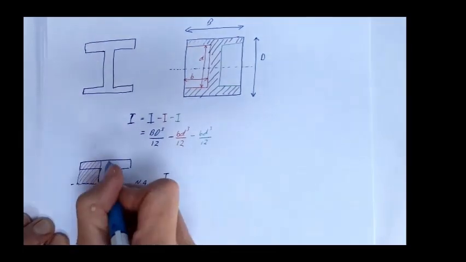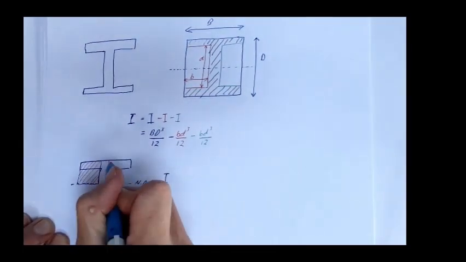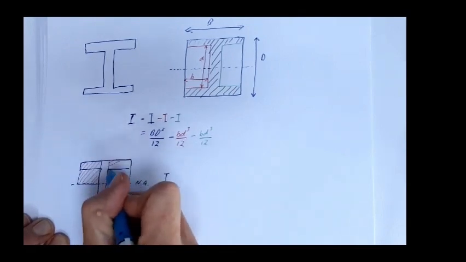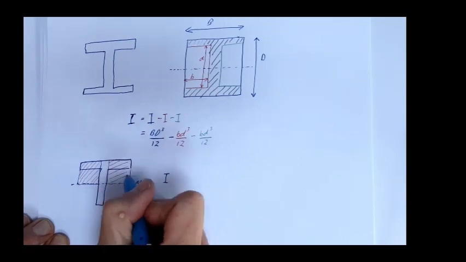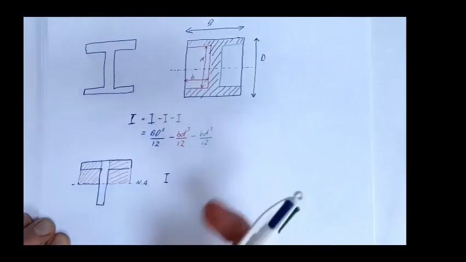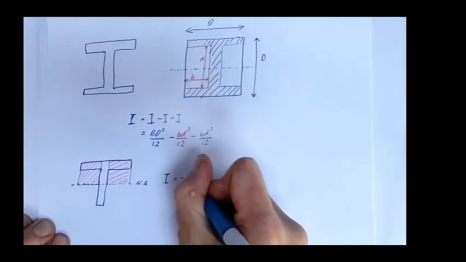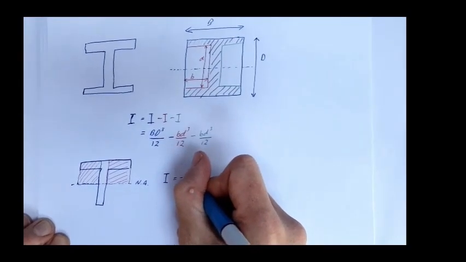And actually there's two of those. There's another one here, look. So that's going to be equal to two lots of red,